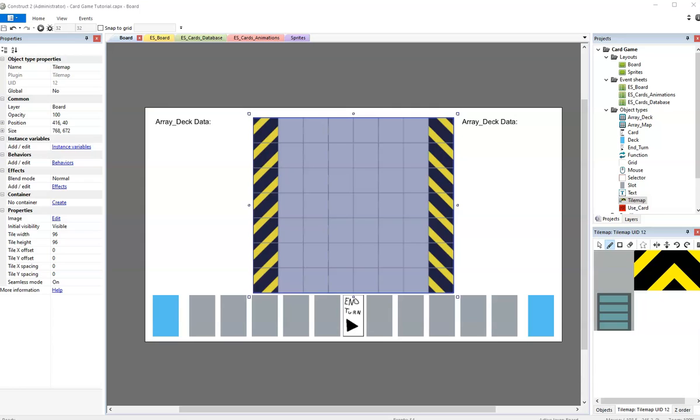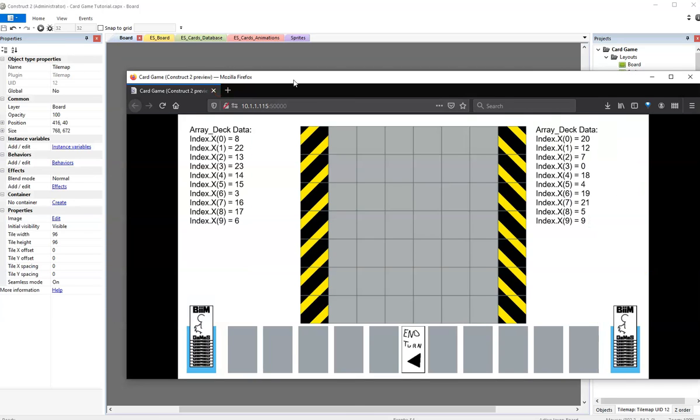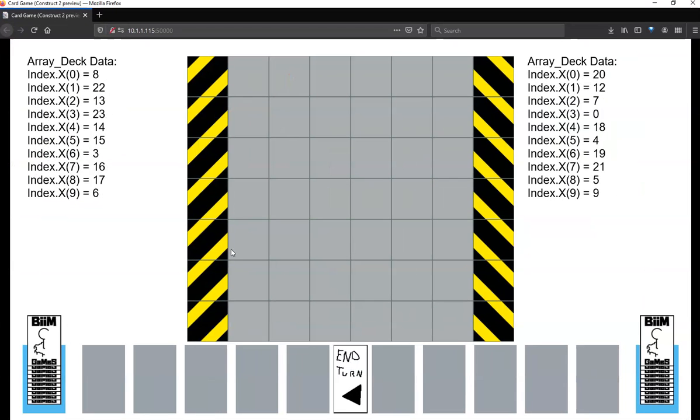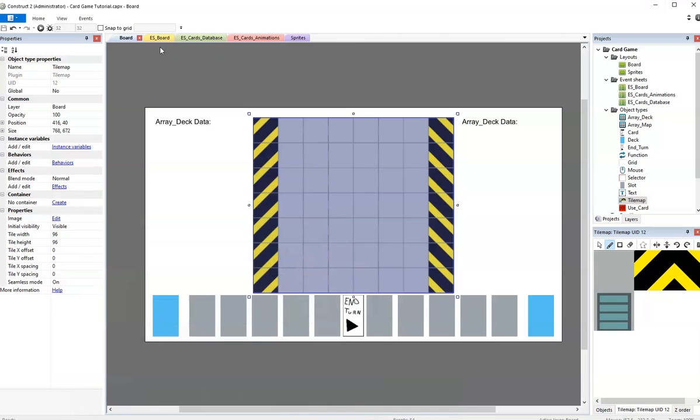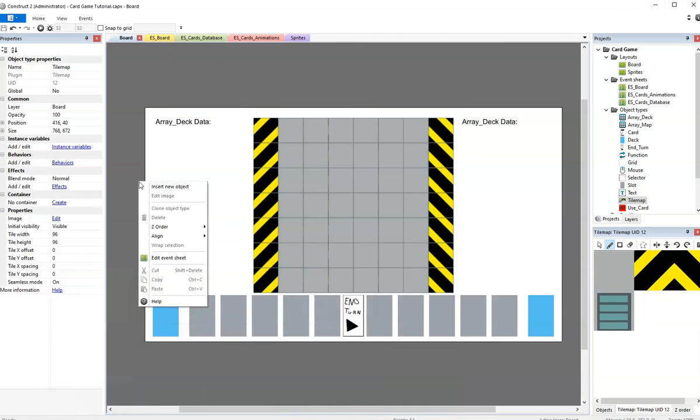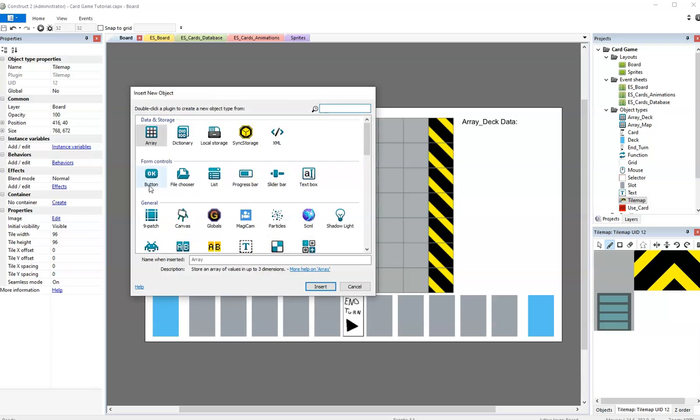One second, it's loading the page. Yeah, it's okay. So now this is the situation with the grid. It looks a little bit better, easier at least to understand. But we're going to give an option for people that might choose not to see the grid. So we just go on our layout and insert a new object,